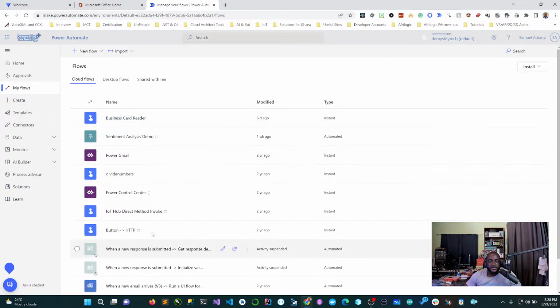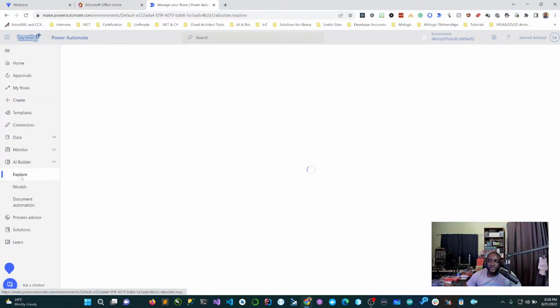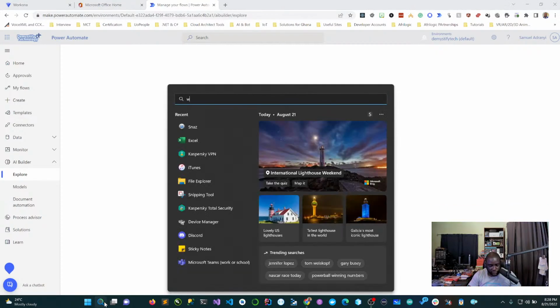All right. So what you want to do is let's go to the AI Builder here on the left side. And then you can see there are models, there's explore. So we can go ahead to explore. Now, while that is happening, I'm going to go ahead to